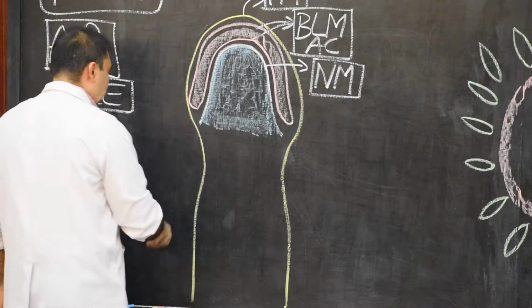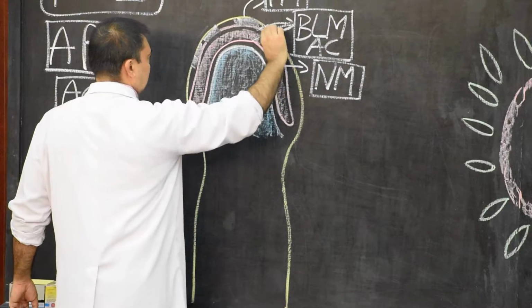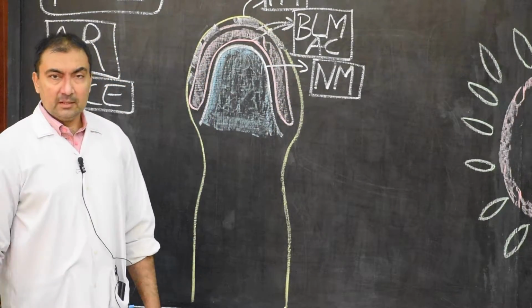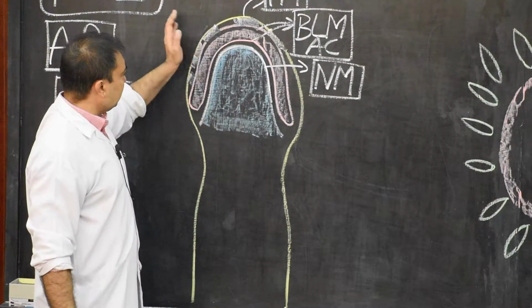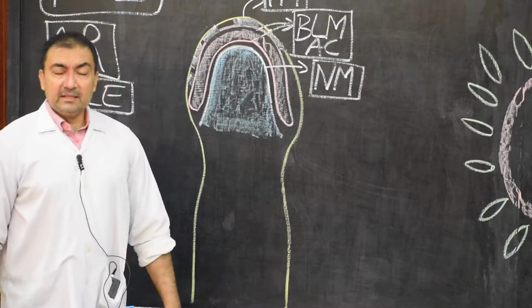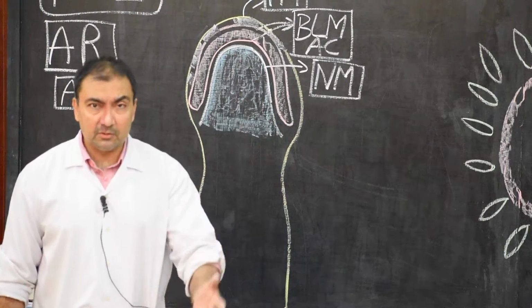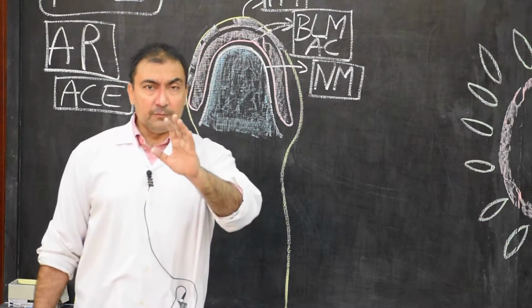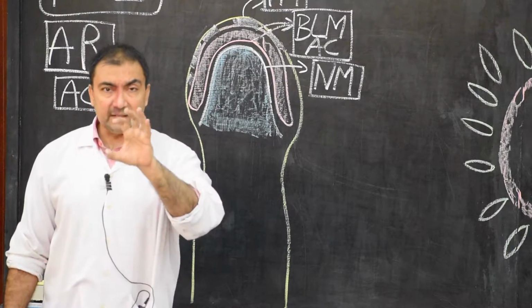So if these two layers fuse here, these are the multiple points of contact. If these two layers keep on fusing, because of this fusion, it will release several enzymes from the acrosomic cap, such as hyaluronidase, acrosine, trypsin, etc. And these enzymes will help in penetration of the three barriers of the secondary oocyte.